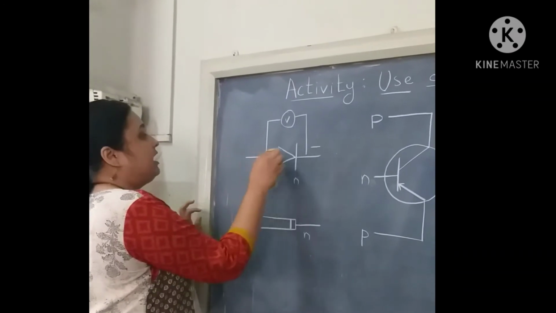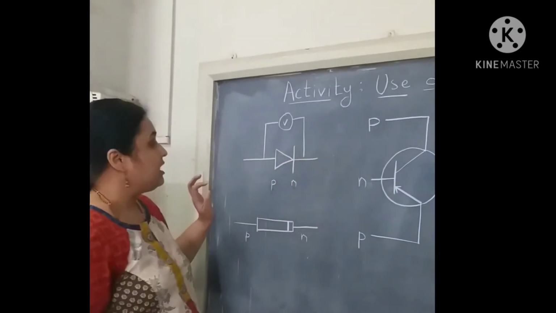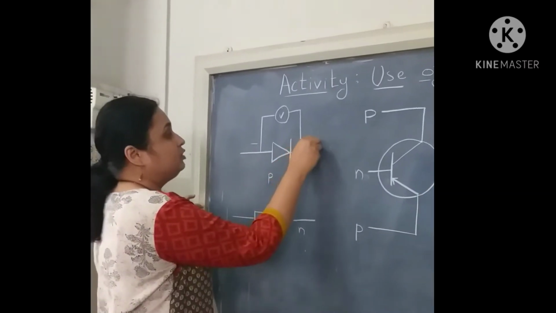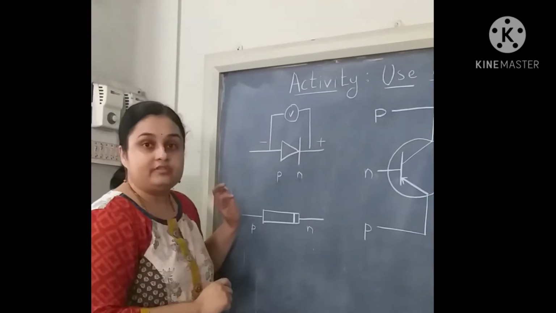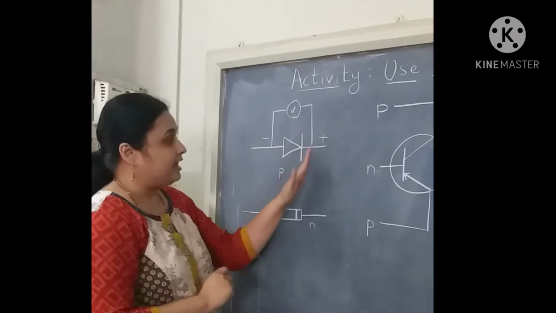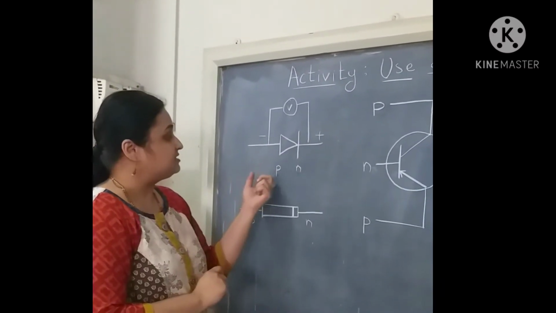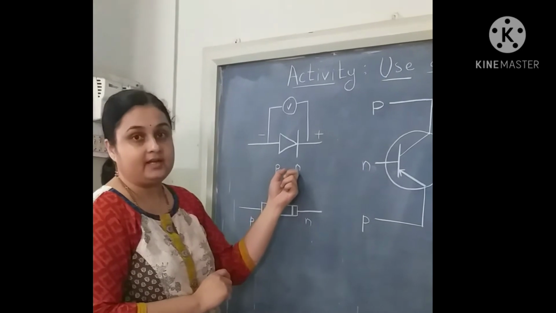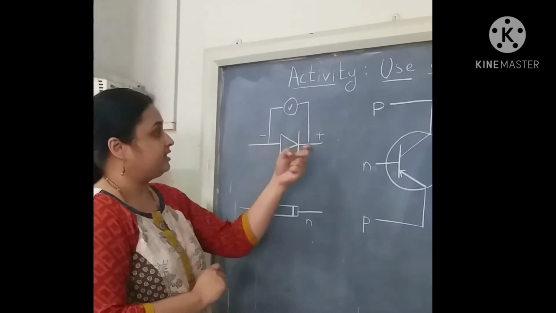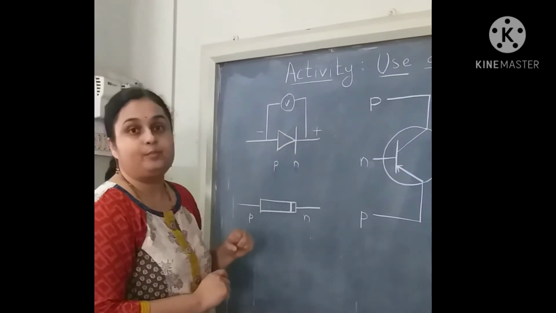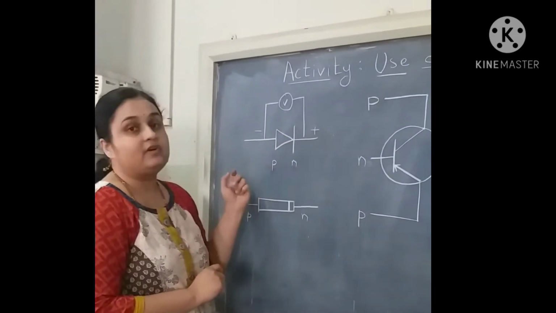I make this as negative. I connect P to the negative terminal and N to the positive. Then what is going to happen? आता हा diode जो आहे हा reverse bias झालेला आहे. It is reverse. P is standing for positive and N for negative, right? आता मी हे उलट कनेक्ट केलं. P I have connected to negative and N I have connected positive. So this is the reverse bias.